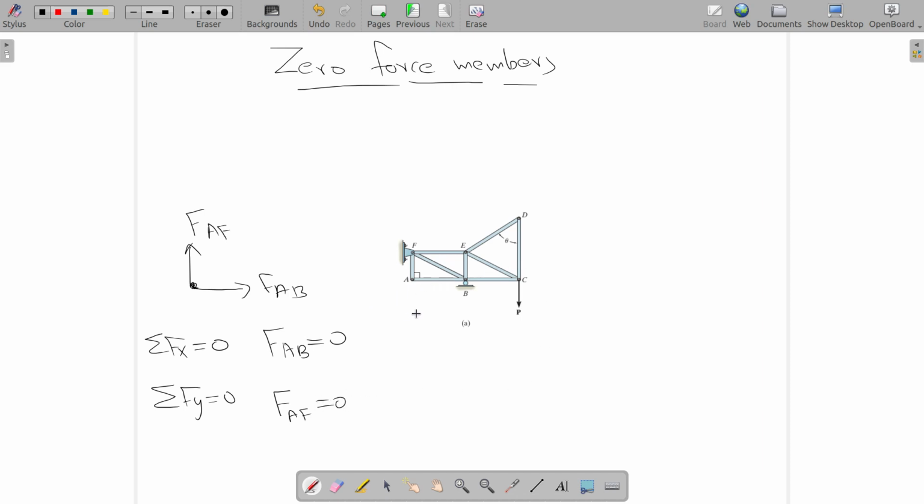So this is interesting, right? Without solving the entire problem, without knowing the unknown force on the member, you have figured out that member force in AF and FAB are 0. Is there any more members which will have 0 force? Consider D. Here you have FED, here you have FDC, and that's it. No other forces. So whatever the value of theta is,